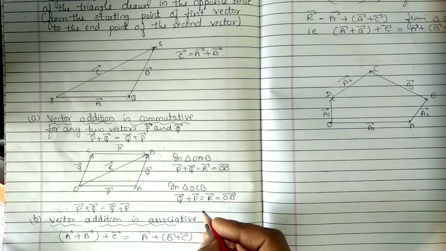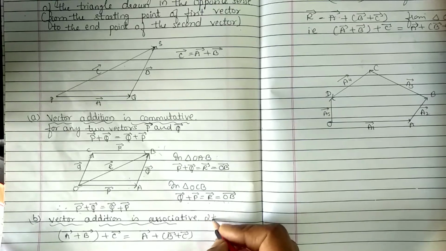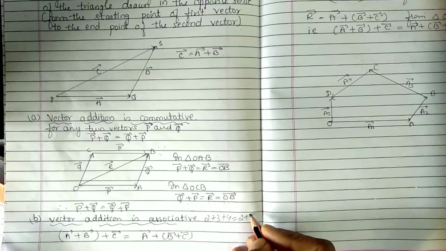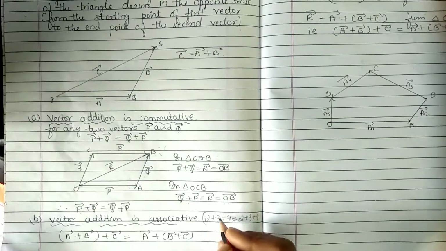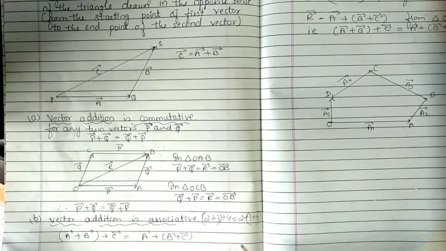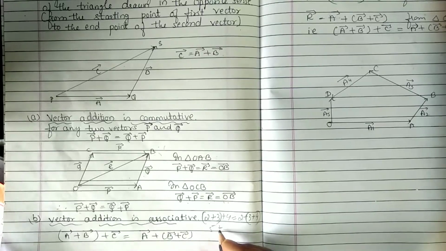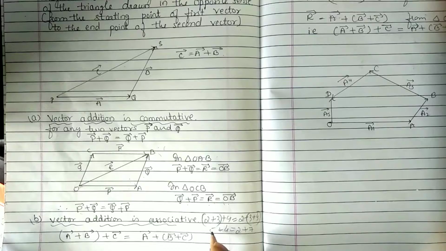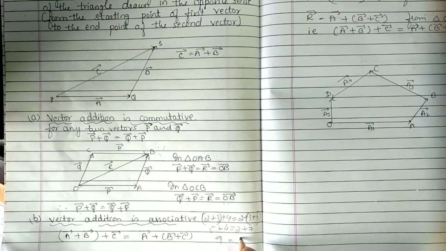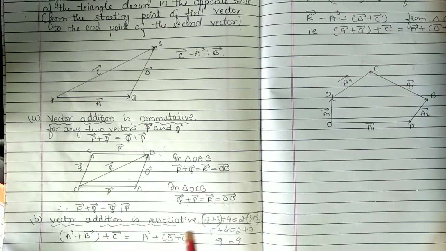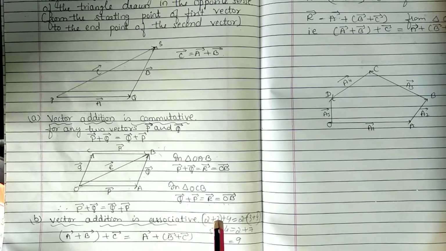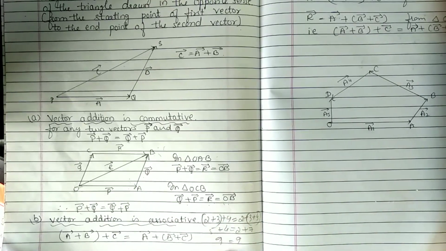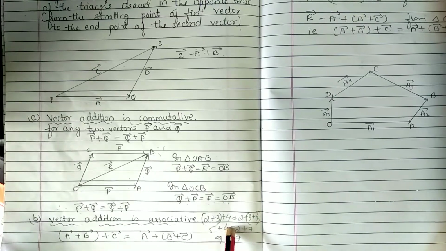It is very simple. Associative means, for example, if you have 2 plus 3 plus 4, then here also 2 plus 3 plus 4. If I group 2 plus 3 here and 3 plus 4 there: 2 plus 3 is 5, 5 plus 4 is 9; 3 plus 4 is 7, 2 plus 7 is 9. Equal to 9. In maths, associative law is nothing but grouping differently, but the answer you will get is the same. That is called associative law.